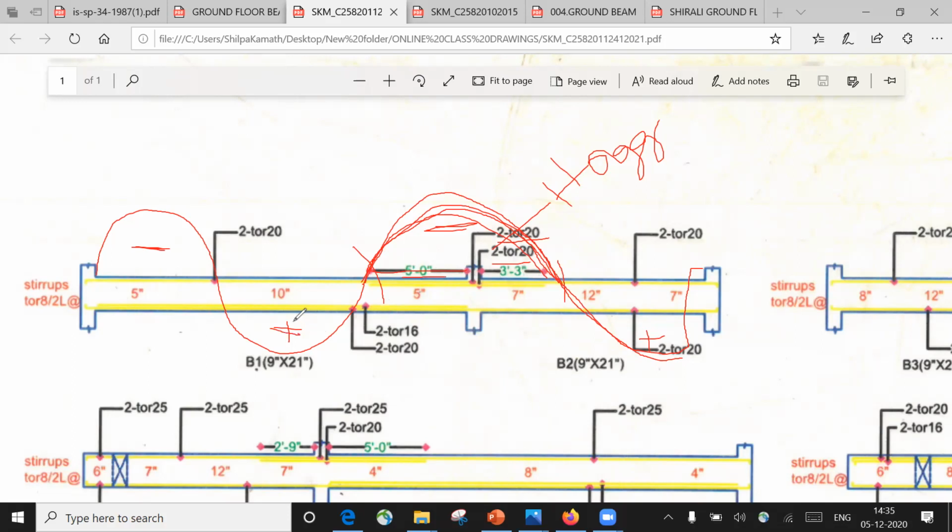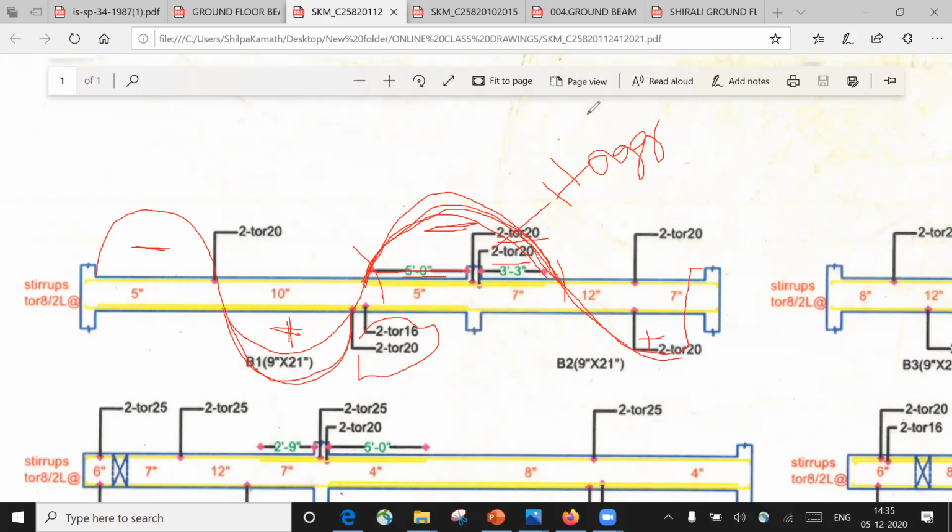But here you have a sagging moment, that is positive reinforcement. That is why you can see in the bottom you have provided 20 diameter, along with that 16 diameter 2 bar, right? Only in the bottom layer. Why? Because here positive bending moment is there, so your beam will try to come down. If your beam is trying to come down, I have to stop it. How am I going to stop it? By providing more reinforcement. So at the center portion, you can see 20 diameter 2 bar and 16 diameter 2 bar. But here your beam is trying to lift up. That is why we are providing more reinforcement, and this extension we are doing only up to 5 feet, because after this the bending moment will change its sign from negative to positive or positive to negative, one and the same.